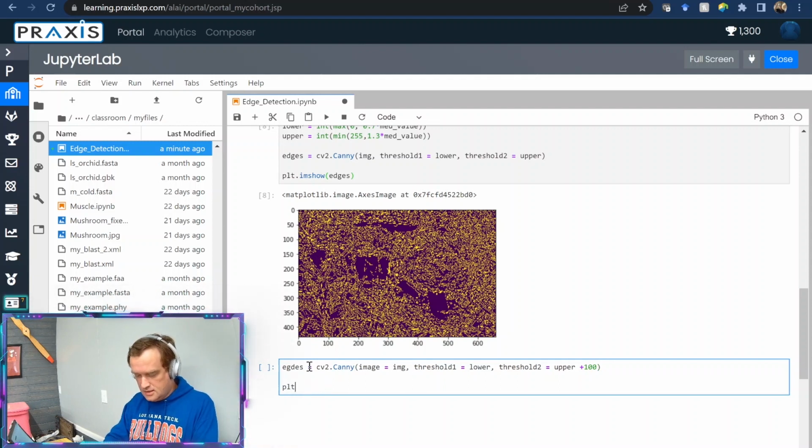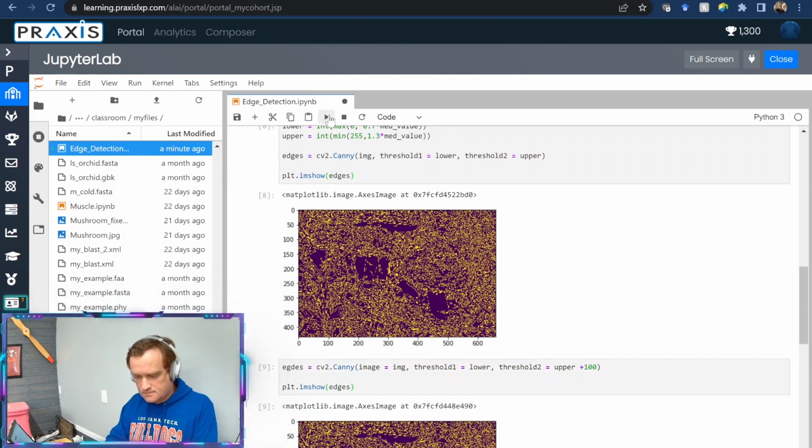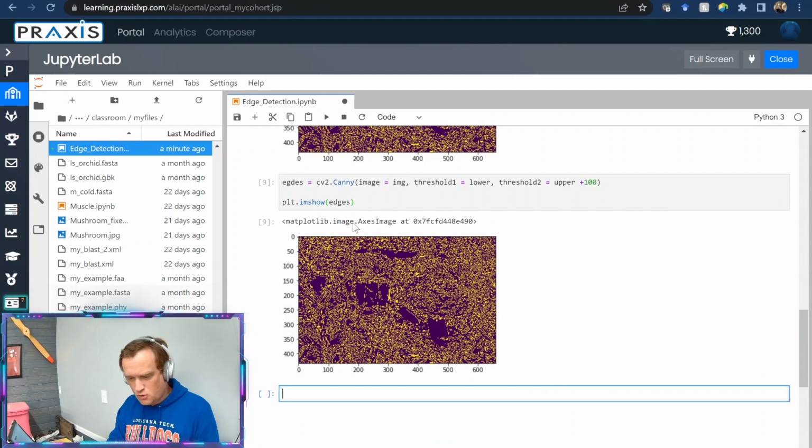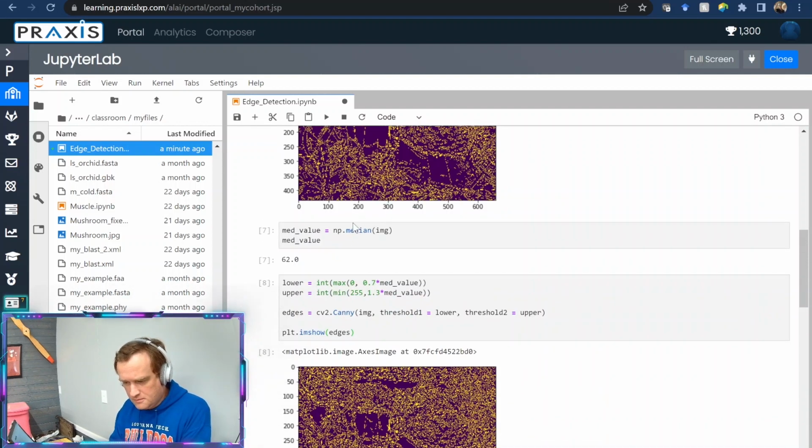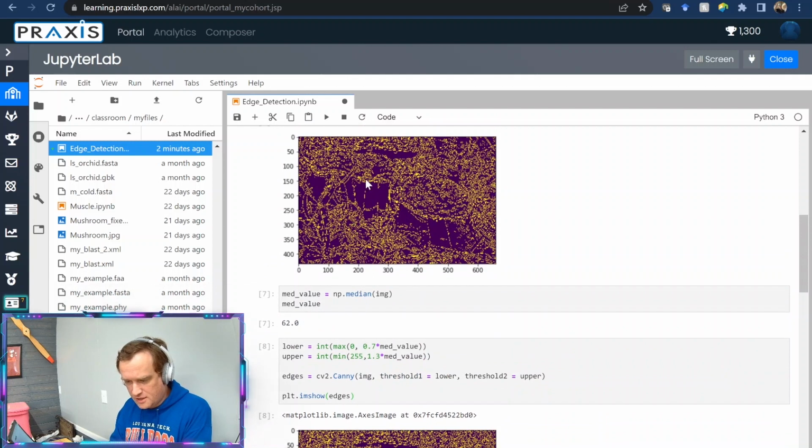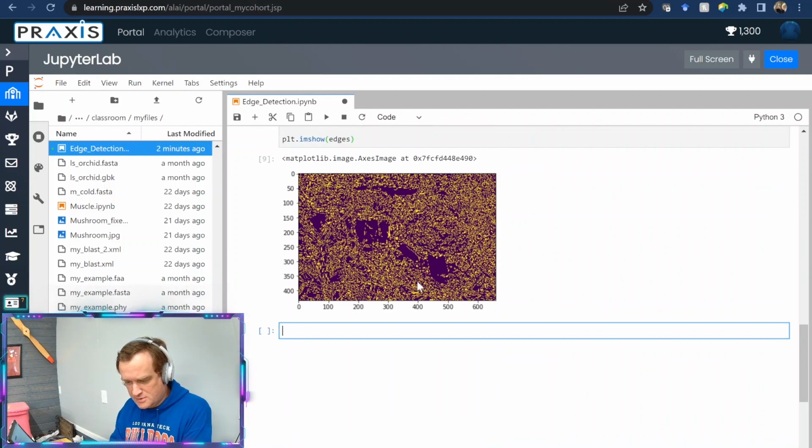Plot. Show edges. Let's see how this looks. Still quite noisy. So our best so far has been our first one, and it hasn't been great. So let's try